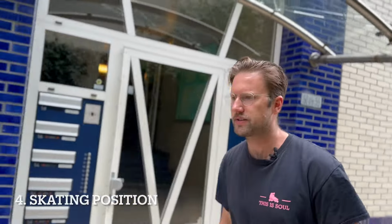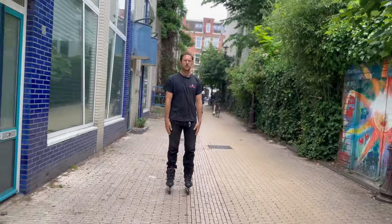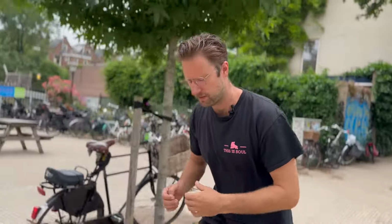The first thing that we teach beginners is the right stance on skates. And the thing that you should avoid is having your ankle on 90 degrees with your leg, like this, with knees that are locked. A lot of skaters stand up straight. And you should avoid this at all times. So also when you're just standing still, chilling, or when you're going fast, when you're doing techniques, always bend your